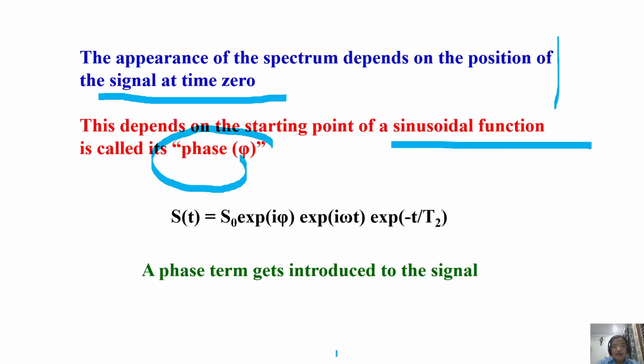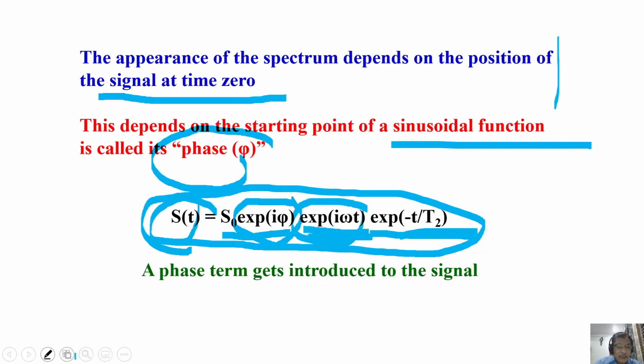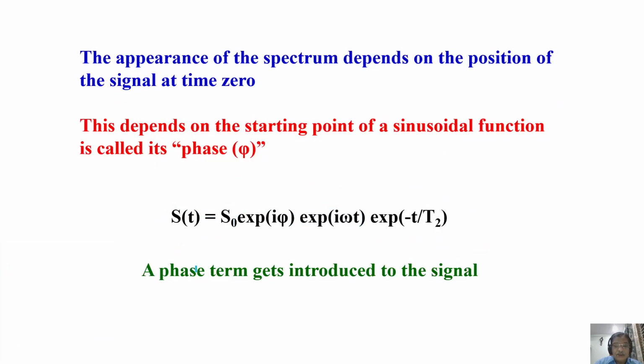Okay. Now we will incorporate this here. This is the time domain signal we are going to get. I told you this already, and we incorporated this for a decaying function. Now let us say there is a phase error that I incorporate here. This is the phase component. The phase term I am going to introduce into the signal. So the total signal is this, because of the phase term which is introduced, and the decaying signal as a function of T2. And this is the signal collected from the NMR sample. So this is the total signal, including the phase error that is already present.